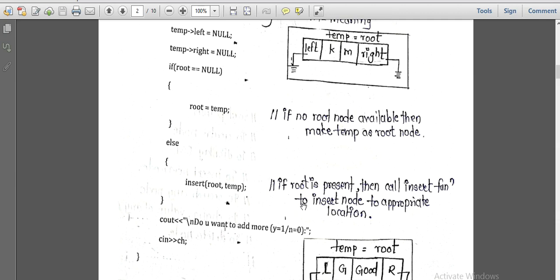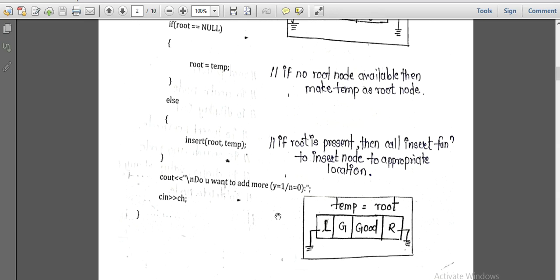To do this, if your root is already present, then we call the insert function. The insert function is going to insert that node in the tree according to its correct position. So at the appropriate location it will insert that particular temporary node that we have created. This is the else part, if your root is not null.